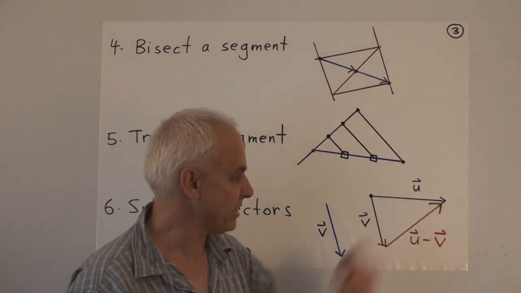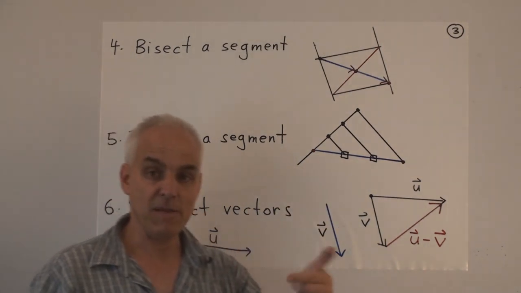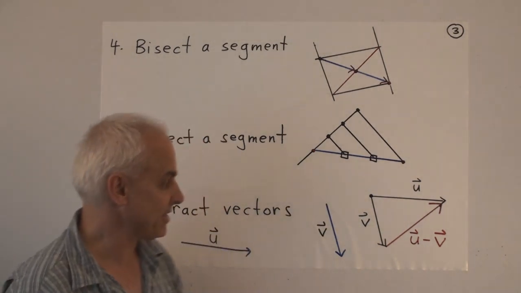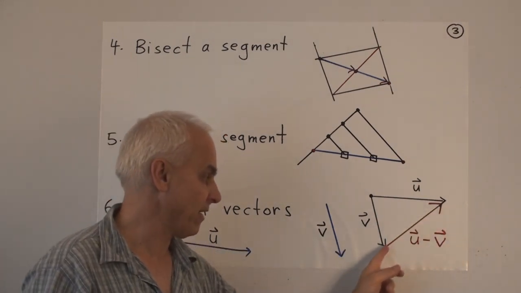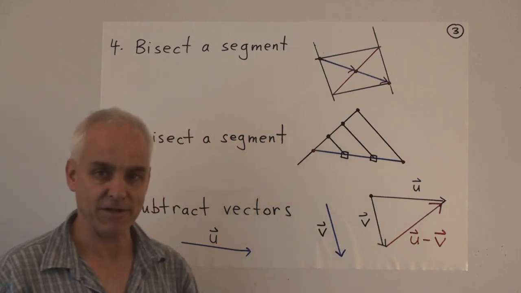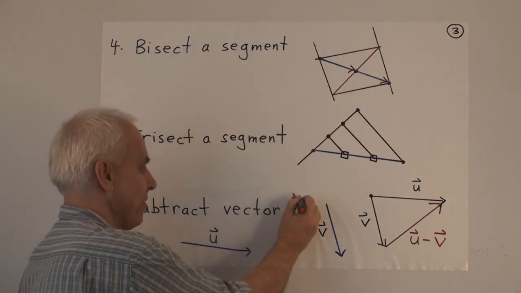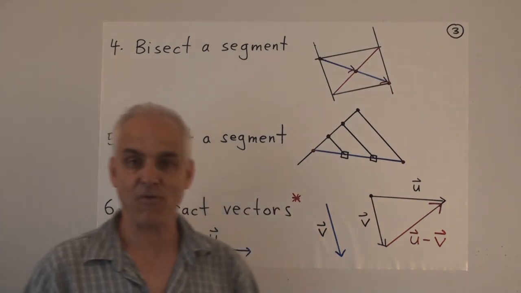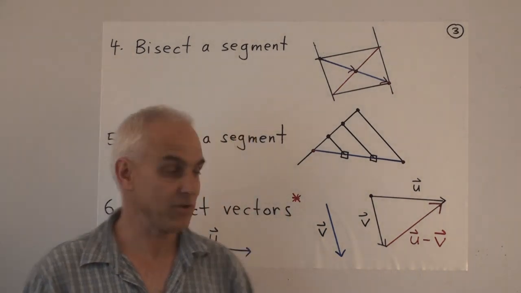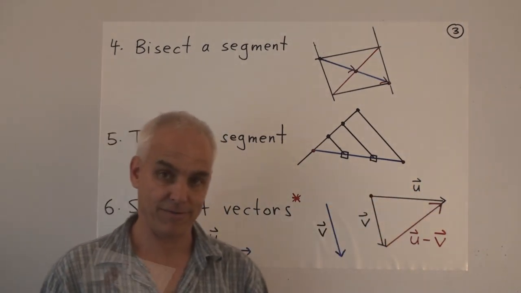That's the vector u minus v, the difference between those two vectors. And if we wanted v minus u, it would be exactly the same, except that the vector would be pointing from here to here. So this would be the vector v minus u. This is a very important construction. We'll put a little star beside it. Make sure that you know how to form the difference between two vectors and know what the difference means in terms of this particular little triangle.